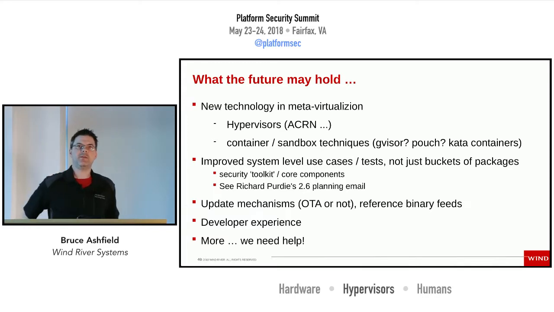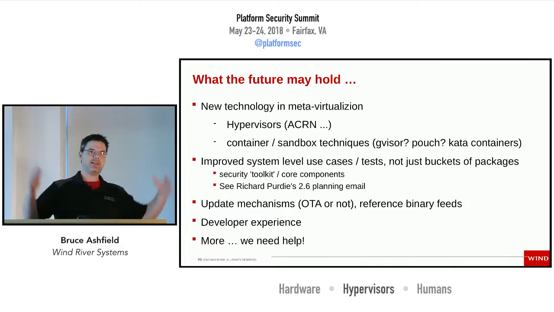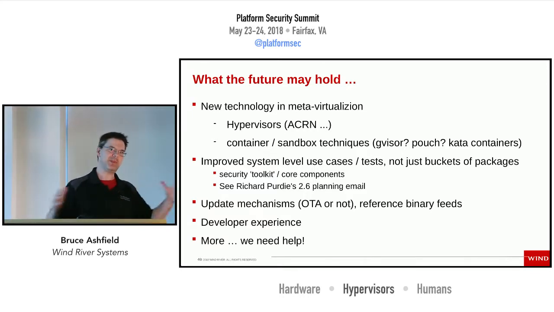And so finally, what the future may hold for meta-virtualization, new technology. I'm always trying to add new recipes and chase the new stuff. So maybe we'll be able to build some of the new hypervisors, Acorn, or more container and sandbox techniques, gVisor, Kata Containers, Pouch from Alibaba. Looking to get more and more improved system level use cases, like OpenXT, which is a big system level use case, right? It builds it all up, and that's more of the testing that we need,